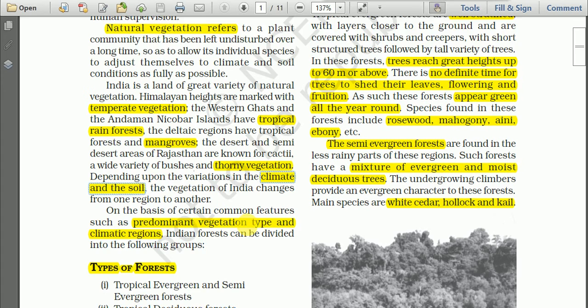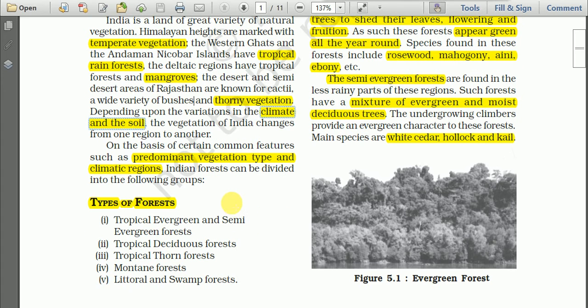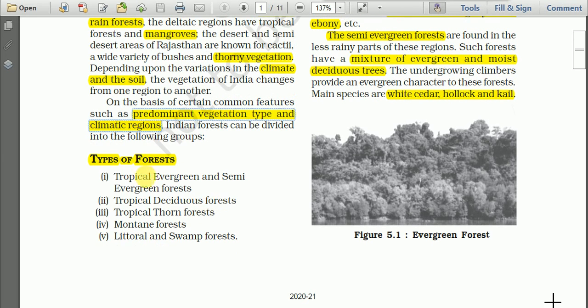So on the basis of certain common features such as predominant vegetation type and climatic regions, Indian forests can be divided into the following groups. In a particular region, we find different types of vegetation mixed with each other, but we have to find out the predominant one. So depending on the predominant type of vegetation and a climatic region, Indian vegetation can be divided into the following groups. Those groups are